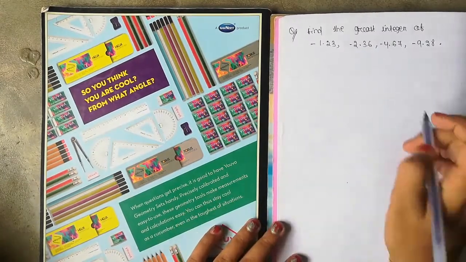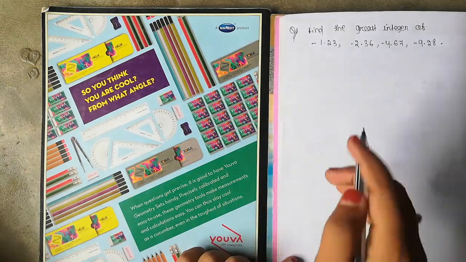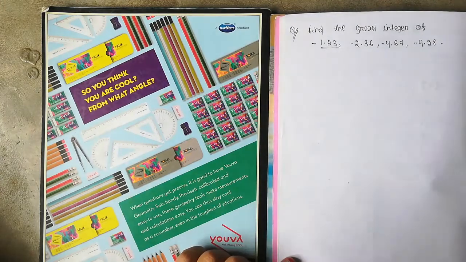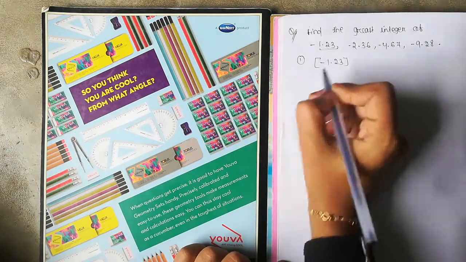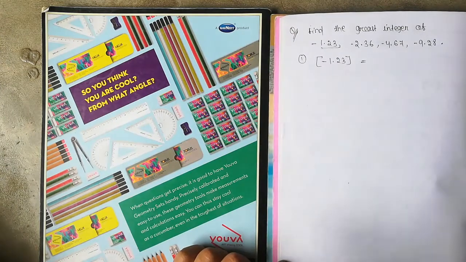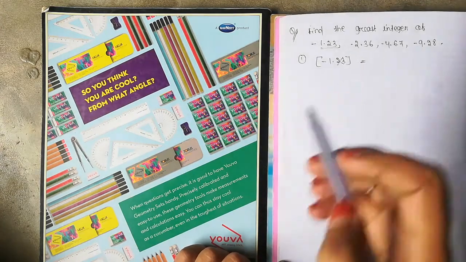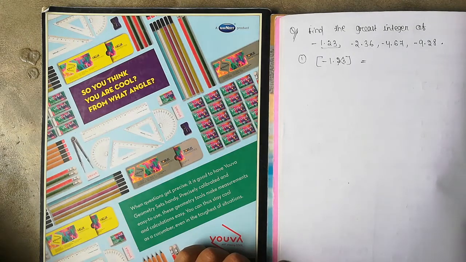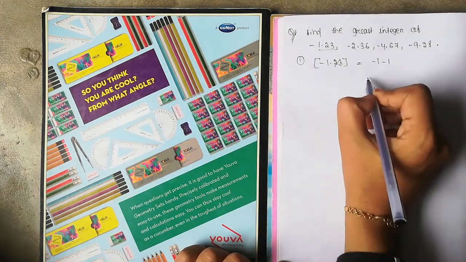So see students, this is the third type of question. Find the greatest integer of a negative decimal value. Okay. So let's start. First one. This is a little bit hard, not too much, a little bit. Minus 1.23. Okay students? So listen, for this I know that I shouldn't take the decimal value, so I will delete this one. So what is the remaining value? Minus 1. After this minus 1, again you subtract 1. What you will get? Minus 1, again minus 1, so I will get minus 2.